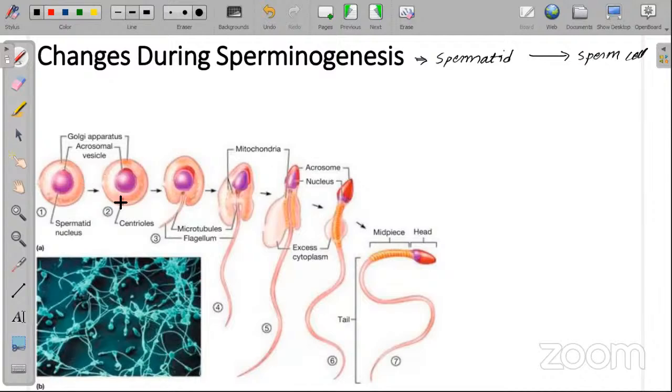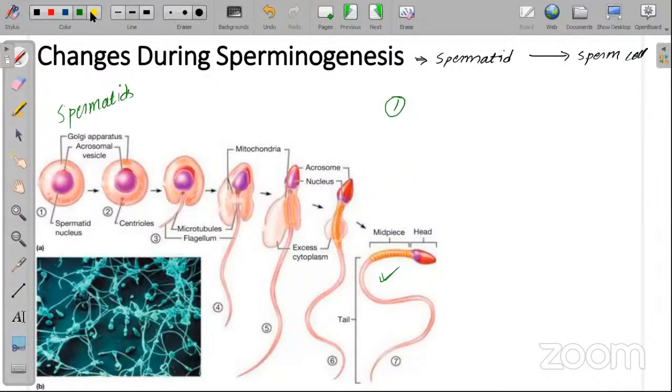This round shaped cell is nothing but the spermatid. ठीक है, ये क्या है? Spermatid है. You can see the changes in this spermatid, and finally it is converted into this type of cell. समझ में आ रहा है कि नहीं? Then how does it convert? So here some changes happen. The first change happens in the nucleus. The nucleus of the spermatid contains RNA, acidic protein, DNA, and basic protein.